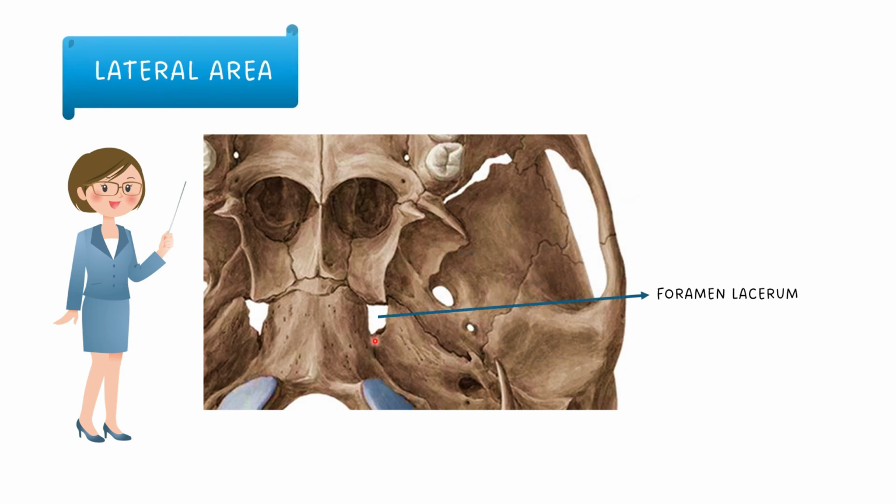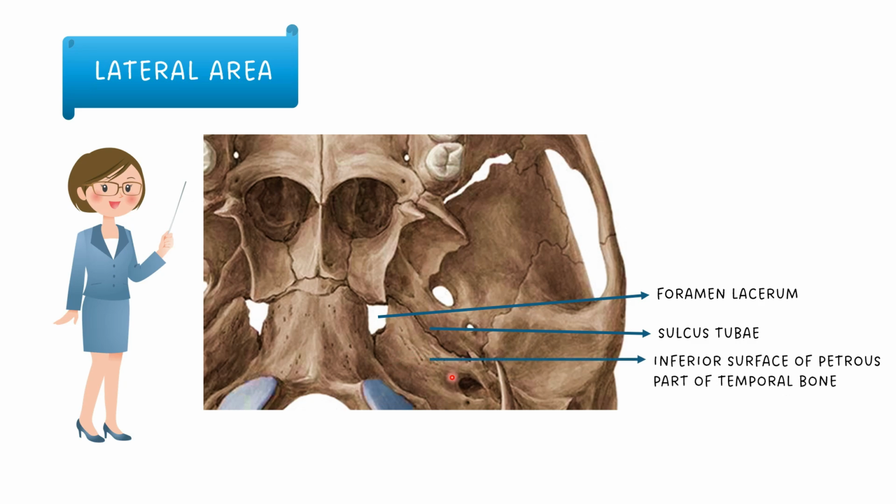The foramen lacerum is located between the sphenoid and the apex of the petrous temporal bone. It is named lacerum because of its irregular margin. The carotid canal and the pterygoid canal open into it. The sulcus tubae is a groove between the posteromedial margin of the greater wing of sphenoid and the petrous part of the temporal bone. The cartilaginous part of the eustachian tube, also called auditory tube or pharyngotympanic tube, occupies this sulcus.